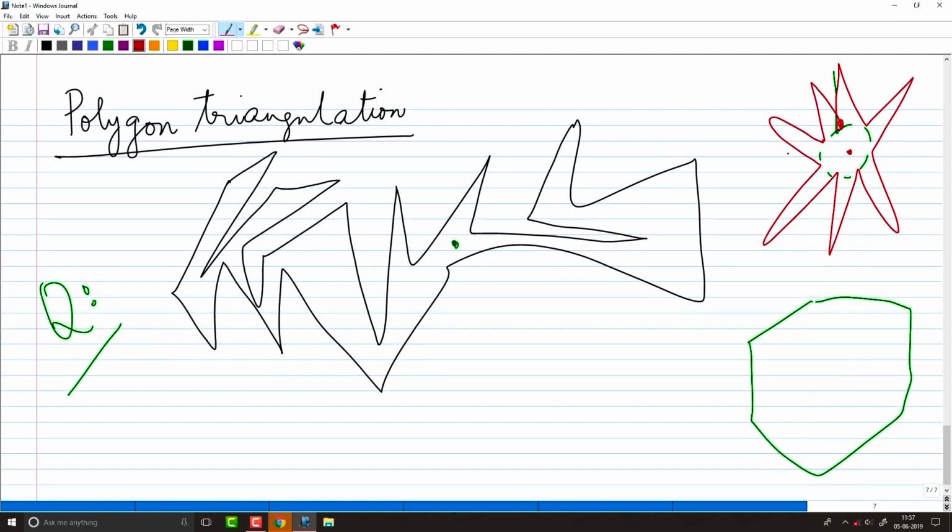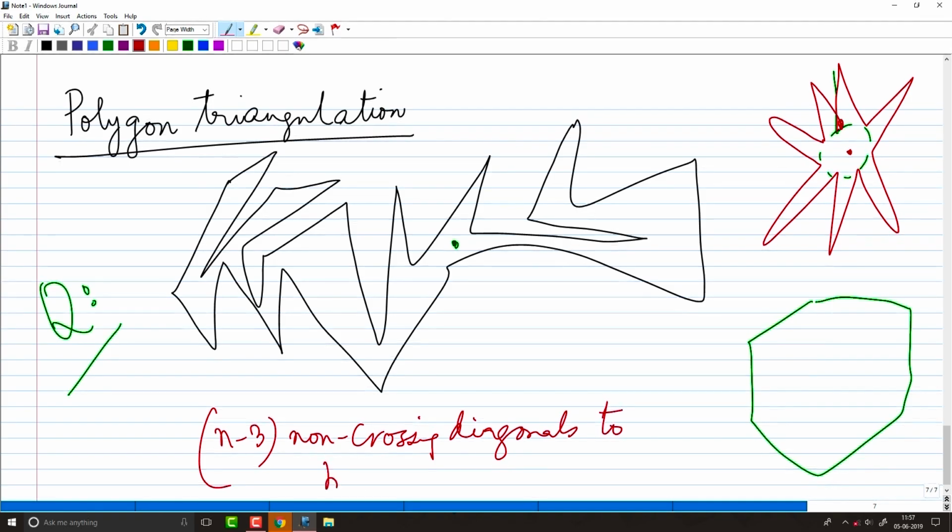Okay. Now, to solve this problem, you can really take recourse to this area computation thing that we did at the very beginning, break it up into triangles, right. So, what you can do is, we saw in the very first class that you can draw n minus 3 non crossing diagonals to break the polygon into n minus 2 triangles. A triangle is a convex object. So, 1 guard per triangle suffices. So, n minus 2 guards would suffice,